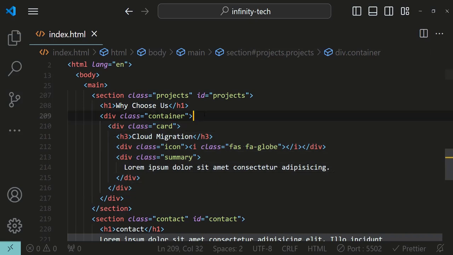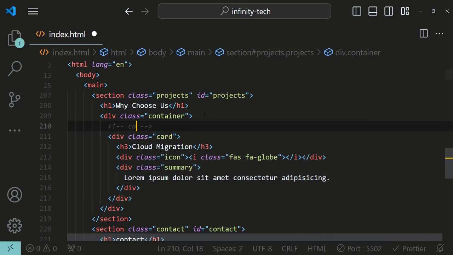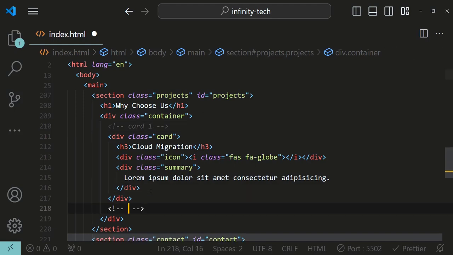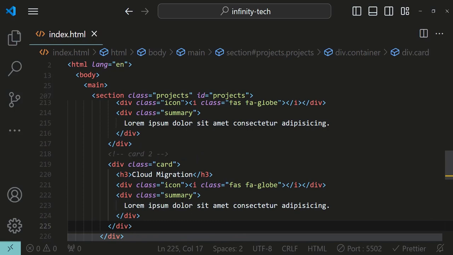Copy. This is card 1. Card 2. Paste it. Now this time we are going to keep inserting the proper Font Awesome icons as well,